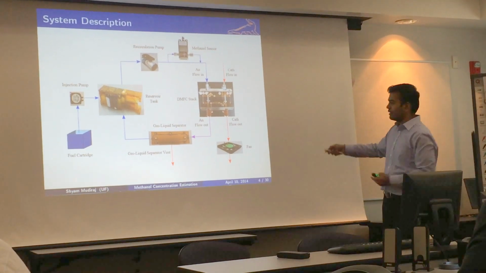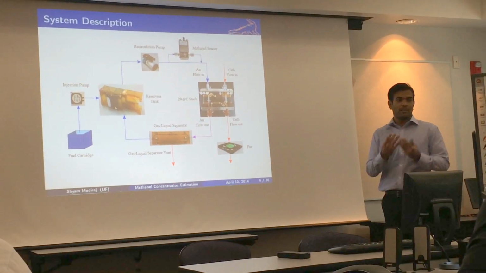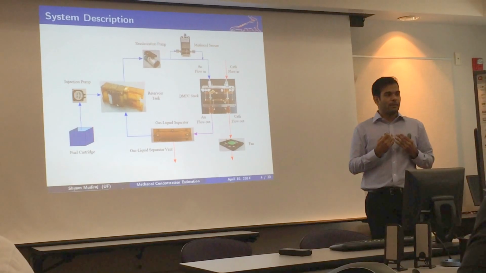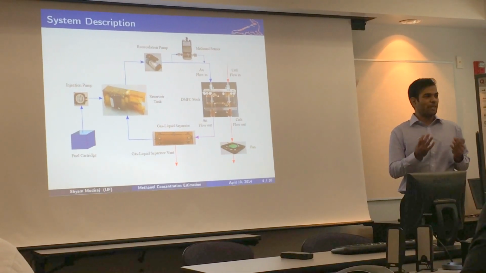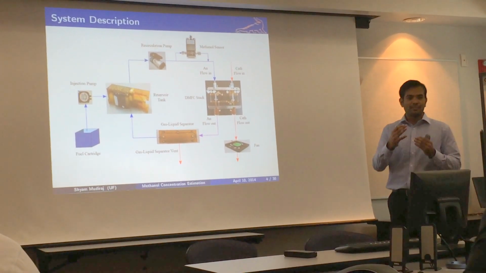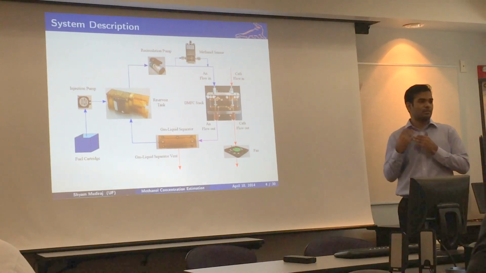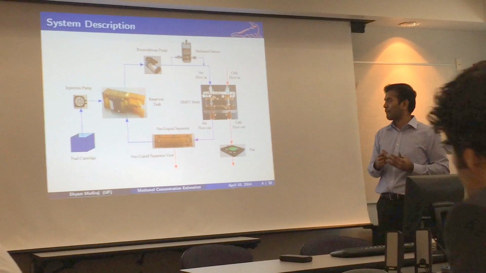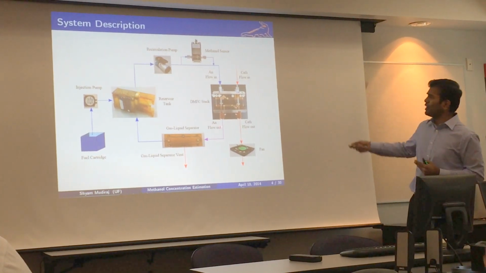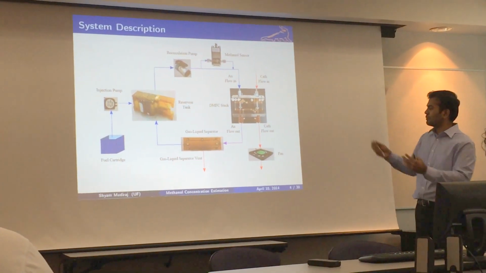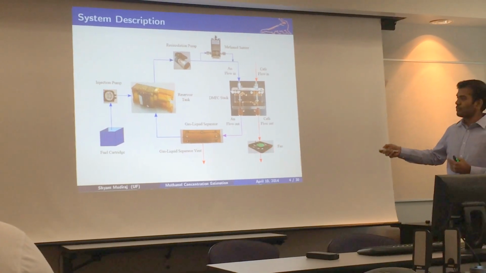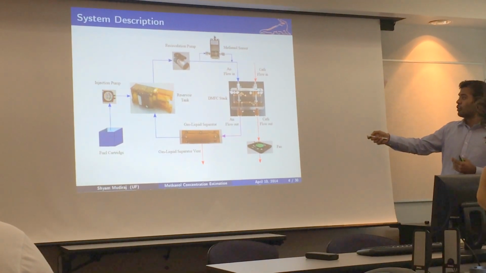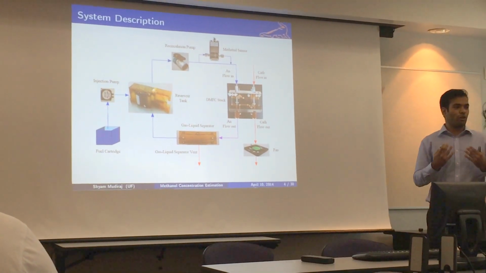On the cathode side, we have a cooling fan which brings in ambient air that not only provides oxygen for the cathode reaction, but also takes away heat from the system. That is, it acts as a coolant as well as the oxygen supply. Now here we have three inputs to this system. We can change the fan speed, we can change the injection pump speed, or we can change the amount of current that we draw from the system.